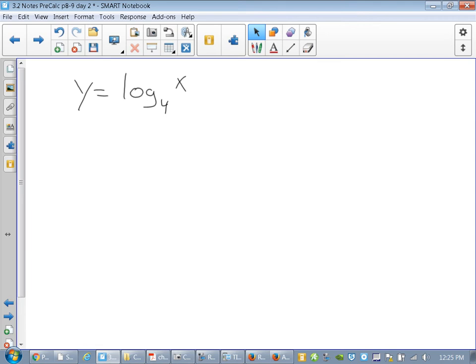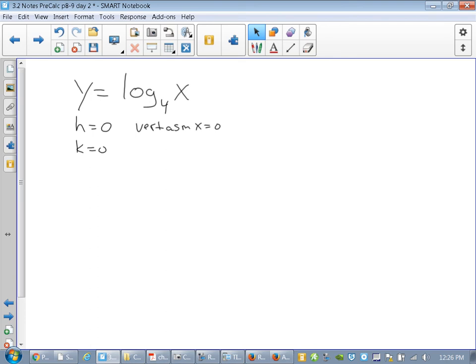Let's graph this one: log base 4 of x. Sorry, that x looks like it's an exponent. Is there an h component? Is there a k component? No. So we know that h and k are both equal to 0. So h is 0, k is 0, which means where's my vertical asymptote? 0. Good. I have a vertical asymptote at h,